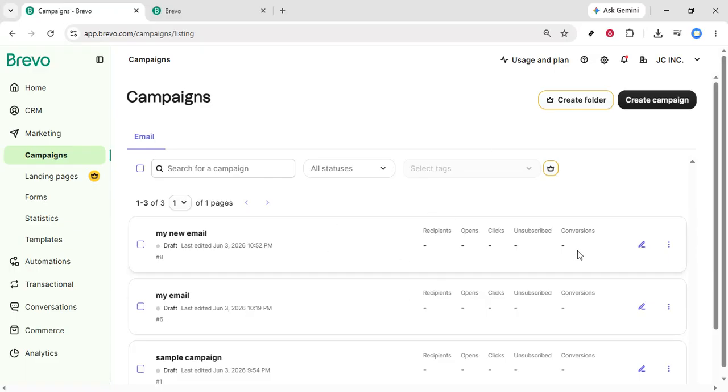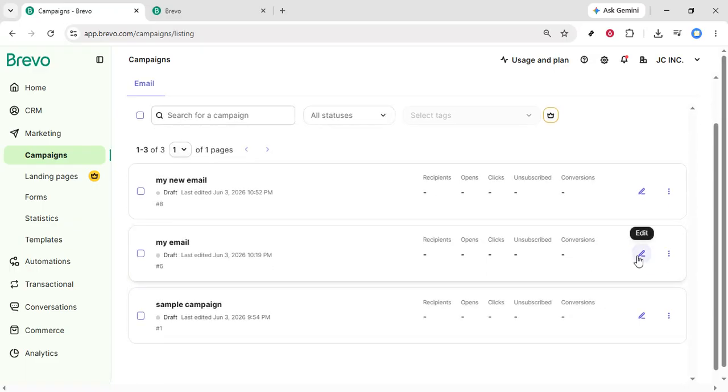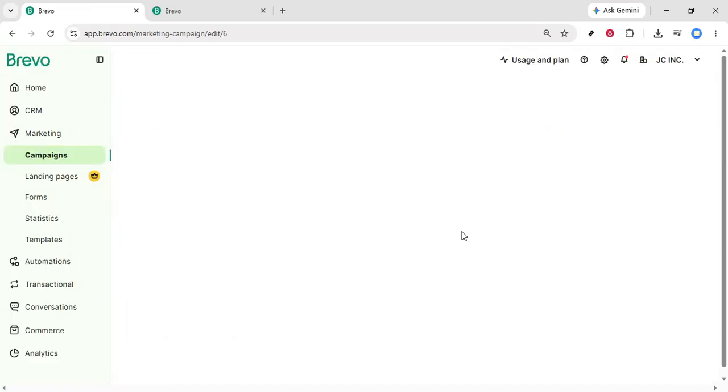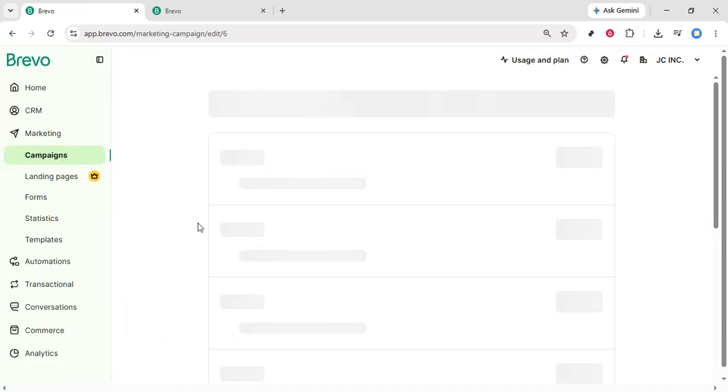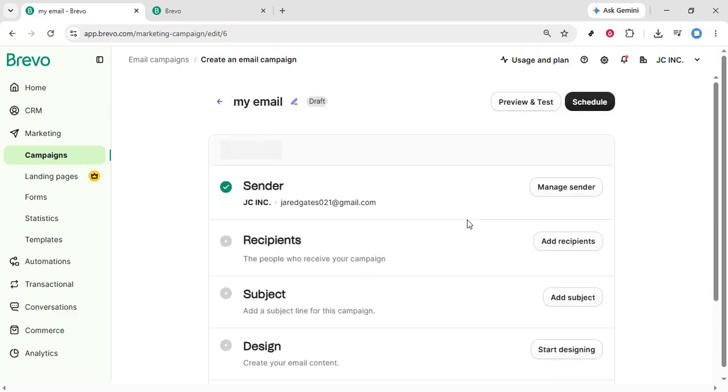Once you're in the Campaigns section, you'll see a list of your existing campaigns. Find the specific campaign you want to add a logo to. When you've located it, look for the edit icon, which usually looks like a pencil or a small gear, and click on it. This will open up the campaign editor, where you can make changes to your campaign's design and